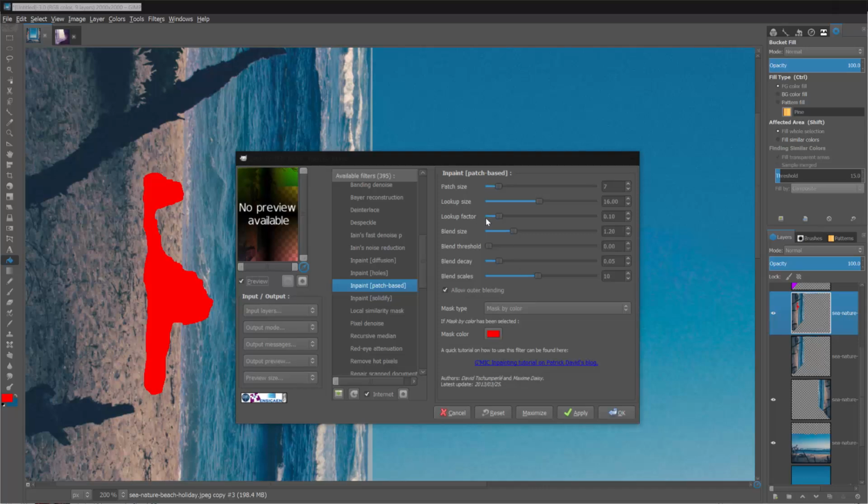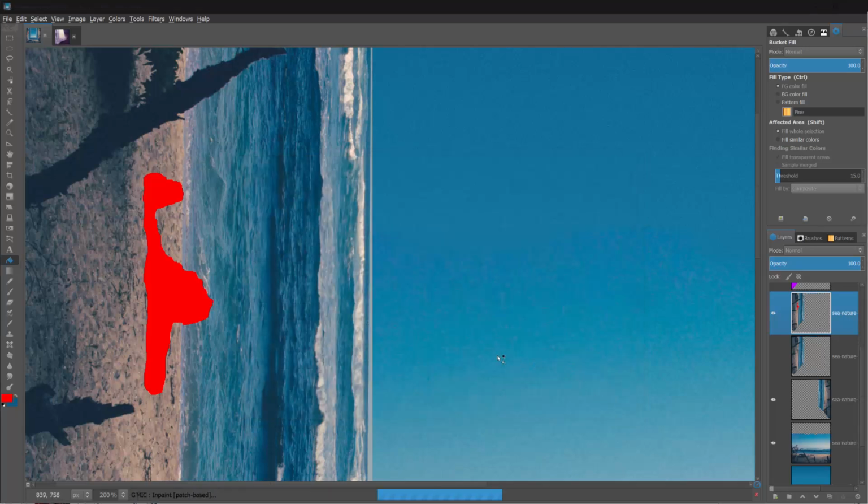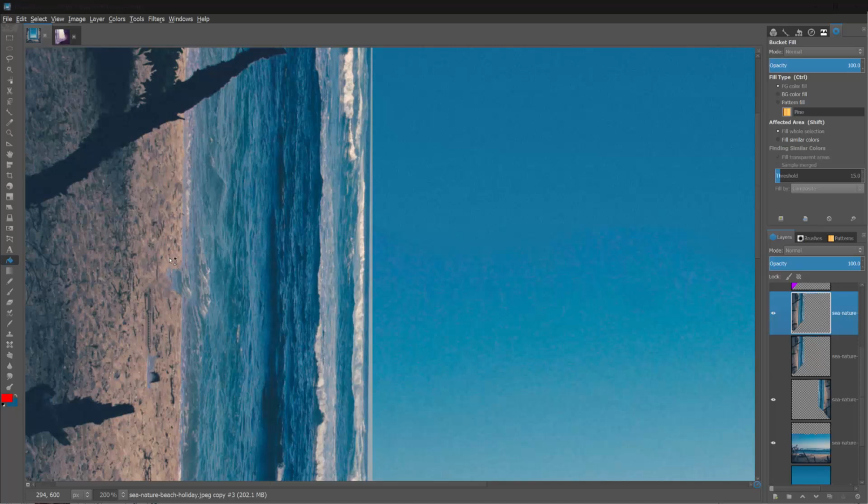Basically, lookup factor means how far away it can look, and lookup size means what kind of chunks it's taking. But even still, just go with the default settings at first, and more often than not, that'll give you a relatively satisfactory result. Of course, we can still see some digital artifacting and stuff going on, so in order to fix that,